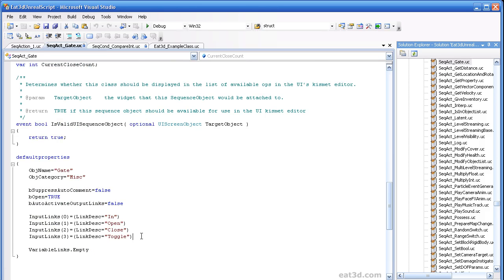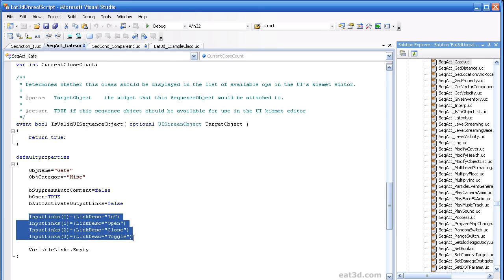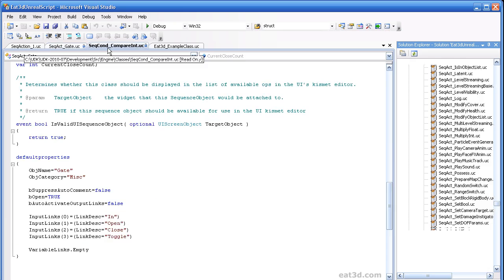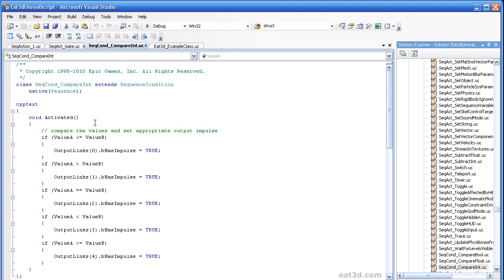And you notice it doesn't specify anything about the output links, and that's because by default you have a single output link that's already been labeled as out. And in this case, they don't need the gate to do anything else in that, so all they've added is the internal. We'll bounce over to the compare int and just kind of contrast that. Same deal, single